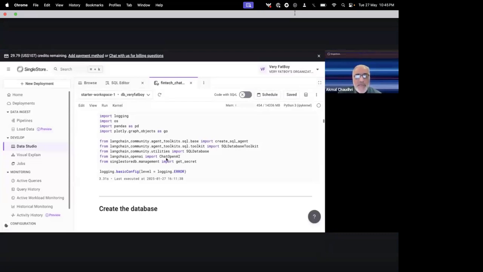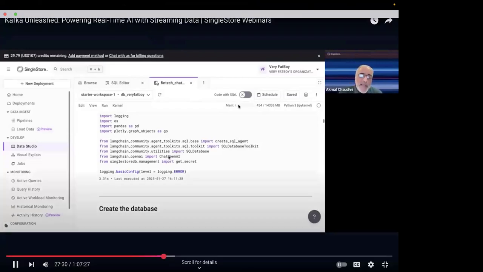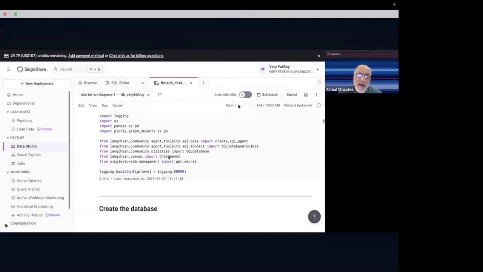OpenAI is what we're using today, but you could easily use this with another provider. It doesn't have to be OpenAI. It's just that what I found is that with OpenAI, the costs have gone down considerably. When I first started using it, it cost a fair bit of money, but the amount that you pay now is tiny compared to what it was some time ago. I have my own account now and get billed to my credit card, and it's not even worth my while claiming it back from SingleStore because the amount is so small.